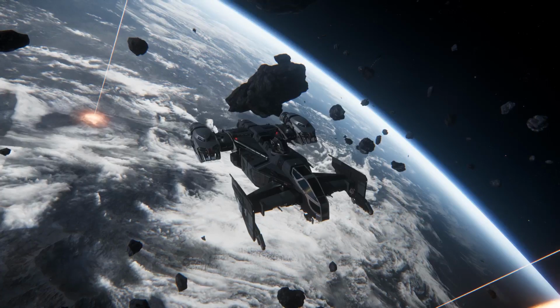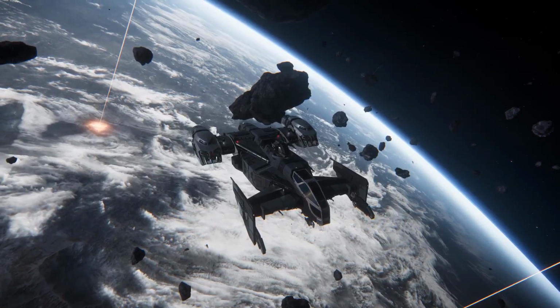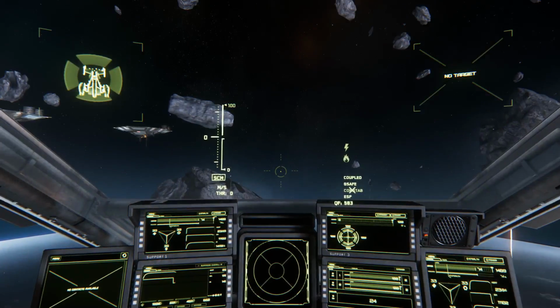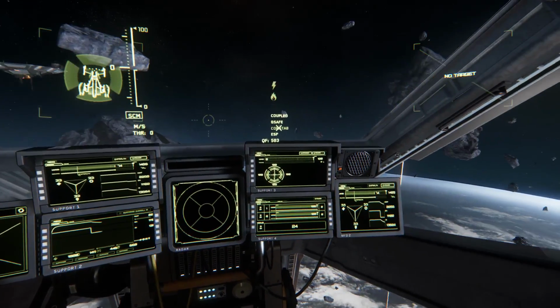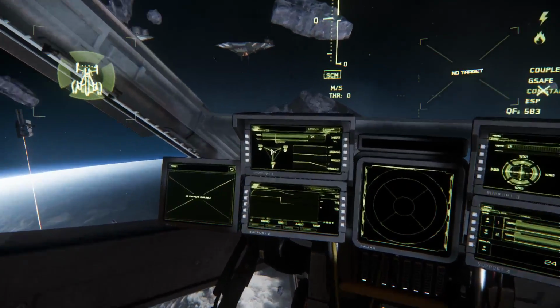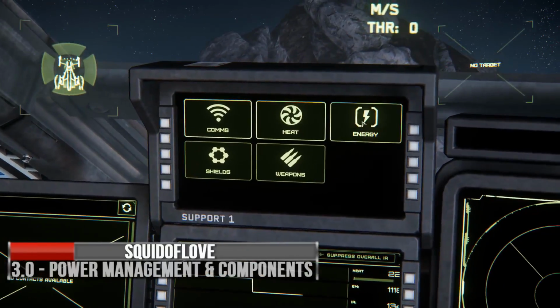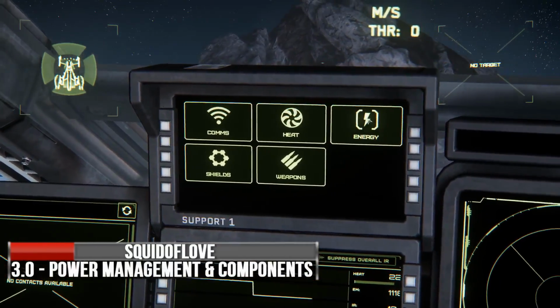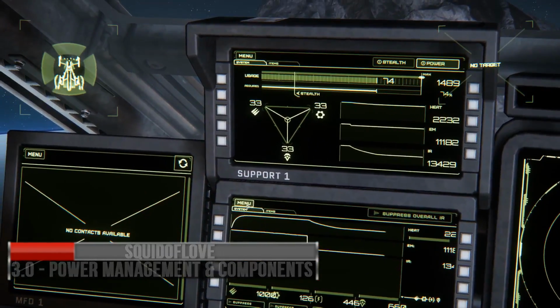Hello everybody, welcome back. With this video I wanted to take a look at how power works in Star Citizen 3.0, the available power our vessels have, how we can manage that power properly with the new multifunction displays, but also how that power is affected by the various components we can purchase and equip our vessels with. This is going to be our main focus today, but we are also going to take a quick look at